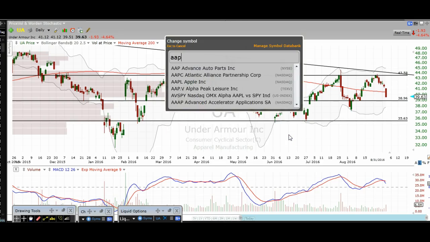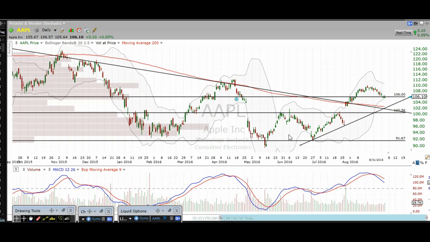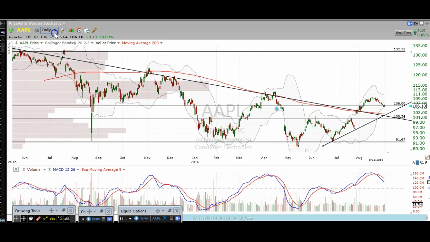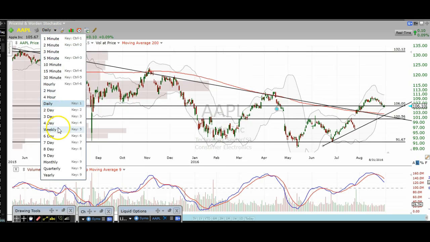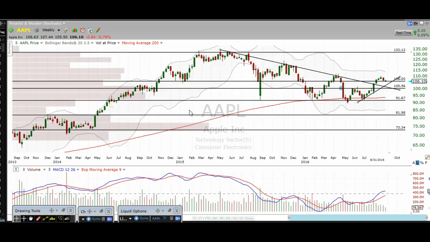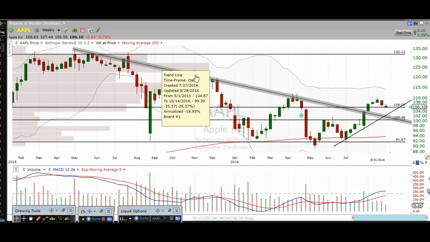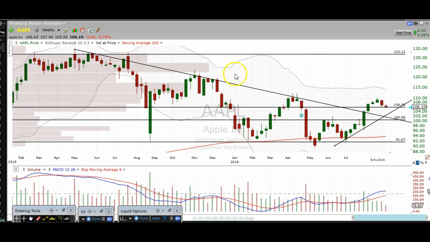Obviously, Apple is one that I have looked at before as well. So Apple, I'm going to go to the weekly time frame because I feel like it's a lot easier to see what's going on here. It's a really nice pattern that we formed here. We were in a downtrend since early 2015. You can see it kept making lower highs,